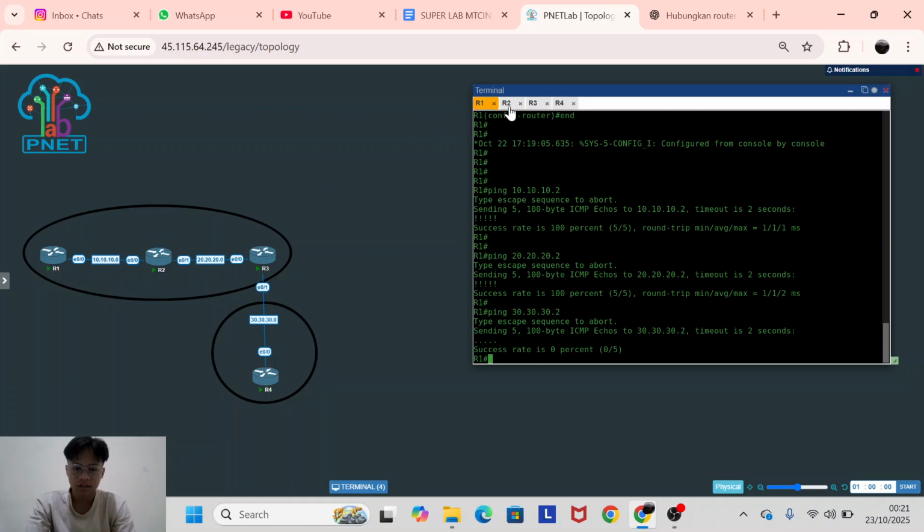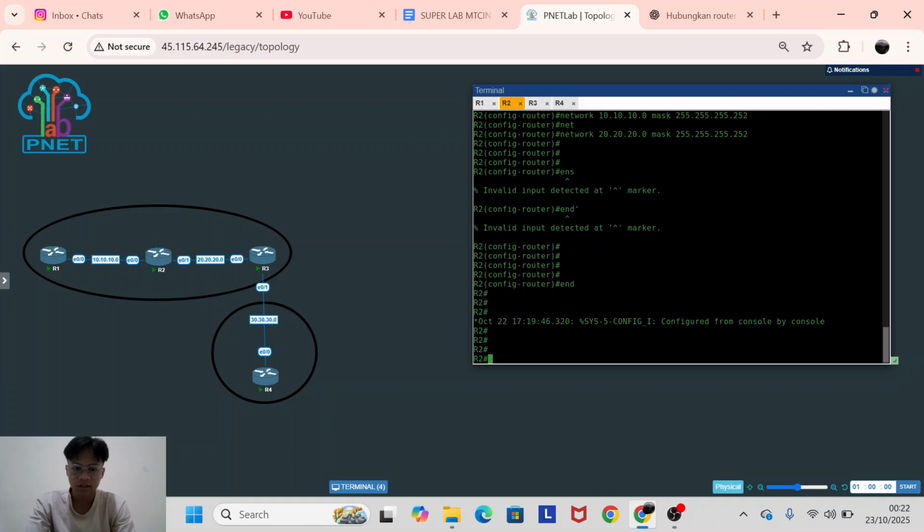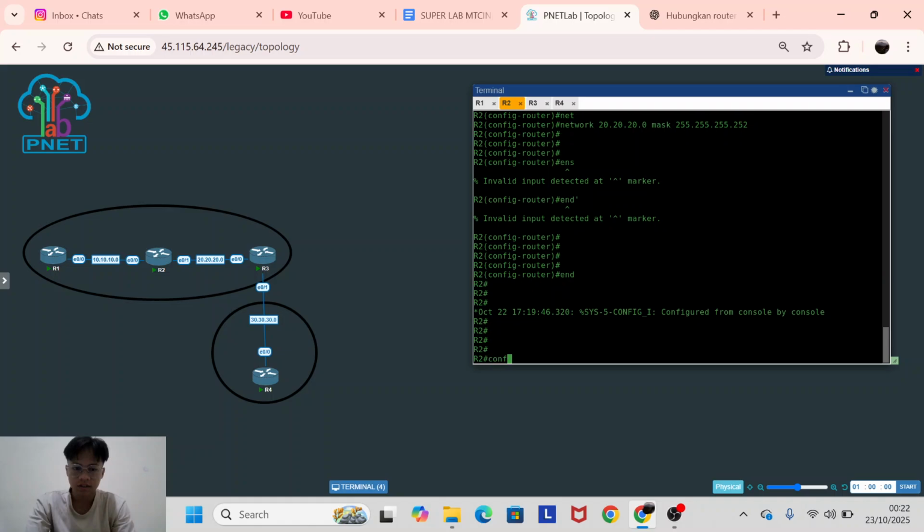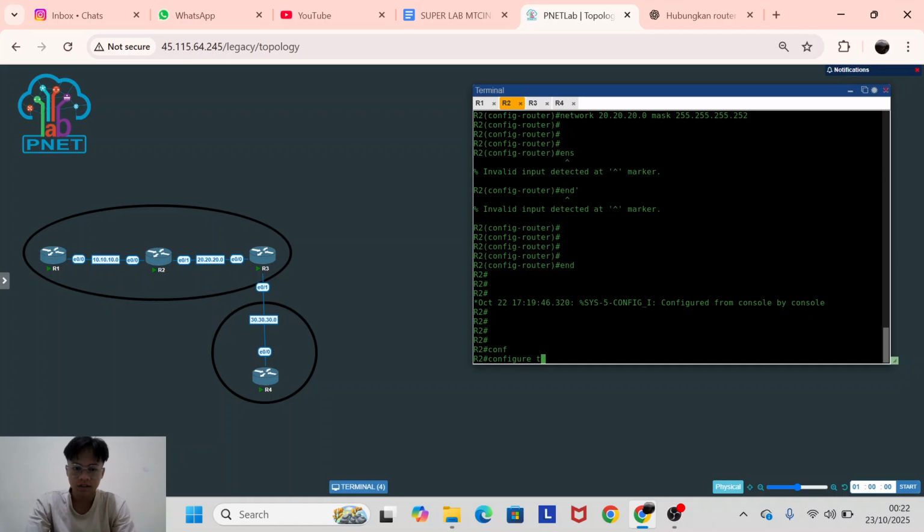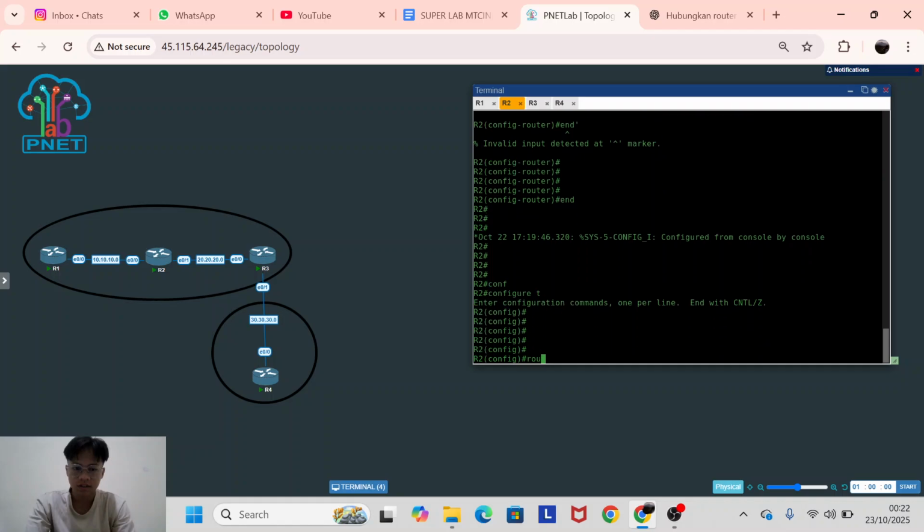In router 2 you must do the following. Configure terminal, you do your router BGP.